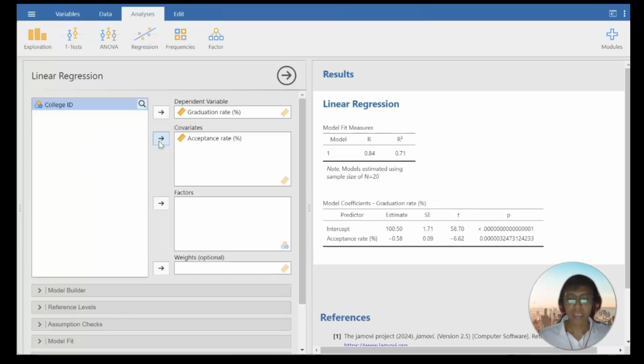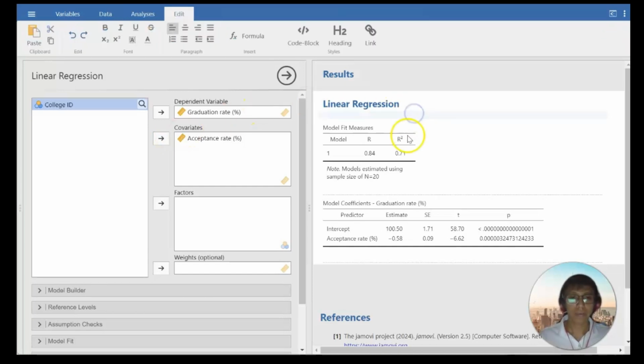So after assigning your variables, click OK or Run button to perform the analysis. So the output will show this one, the regression coefficients for the intercept beta and the slope, along with their standard errors, the t-values, and the p-values.